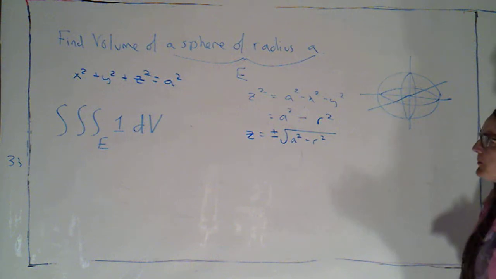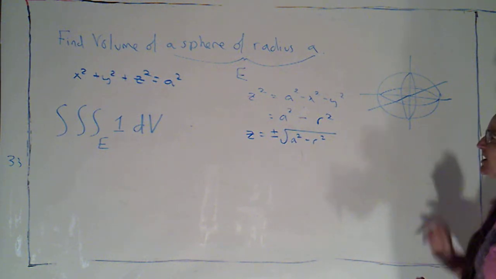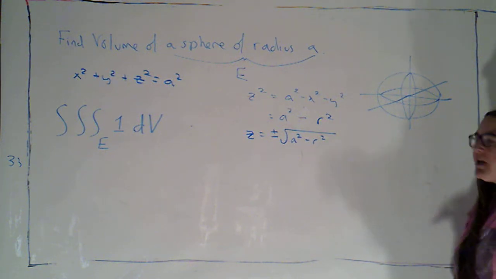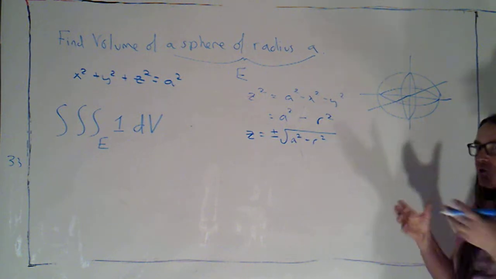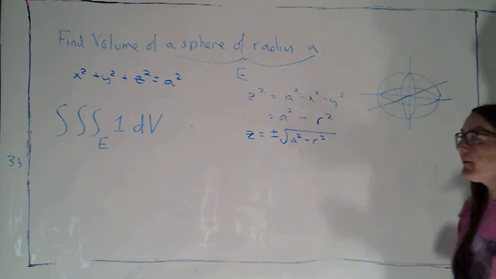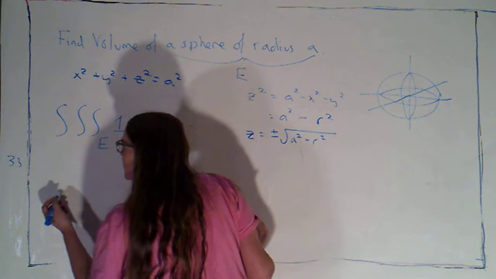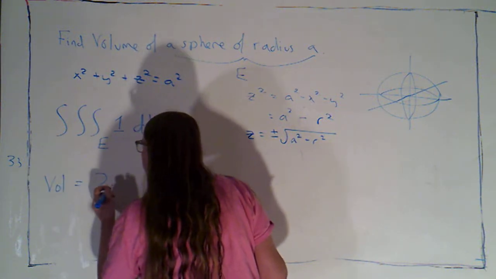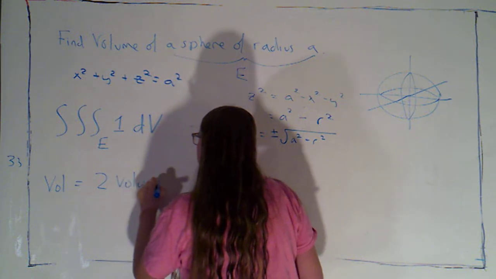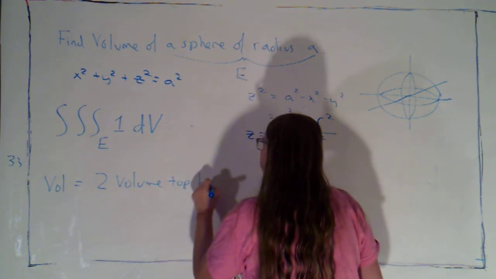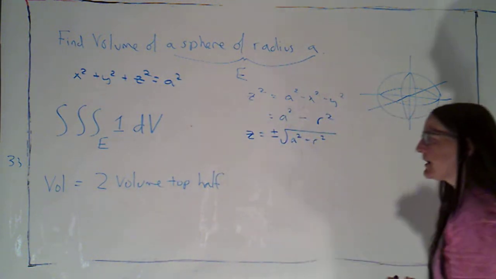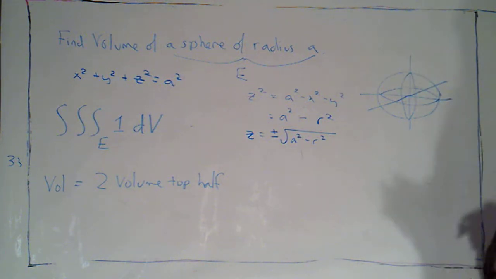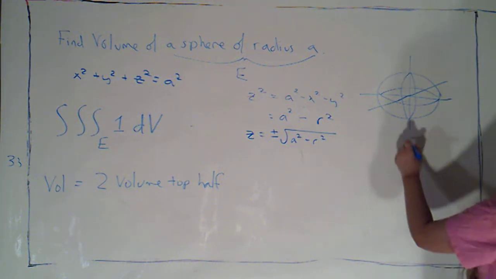And if I want to be a little bit strategic here, I can realize that the volume of the whole sphere is going to be twice the volume of just the top half. Okay, so that's what I'm going to do. I'm going to say the volume is equal to twice the volume of the top half, and I'm just going to set up the integral that would give me the top half. Okay, so now